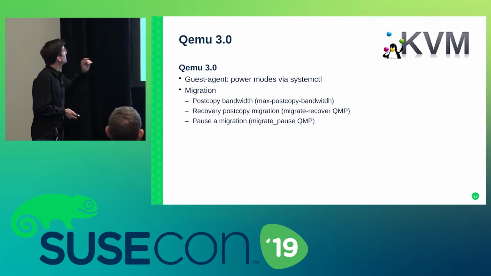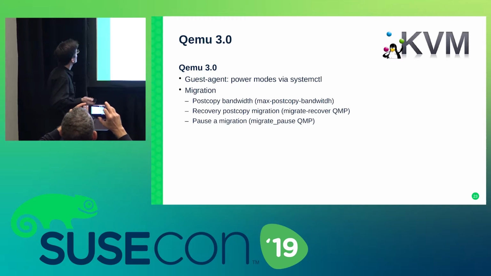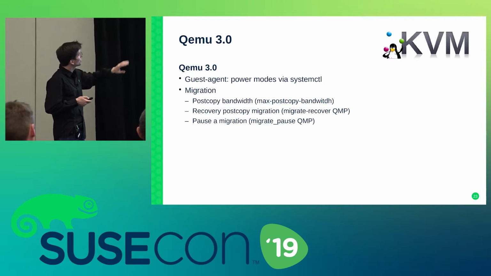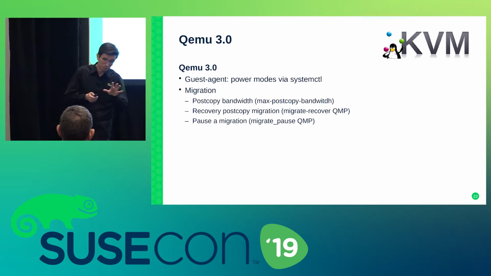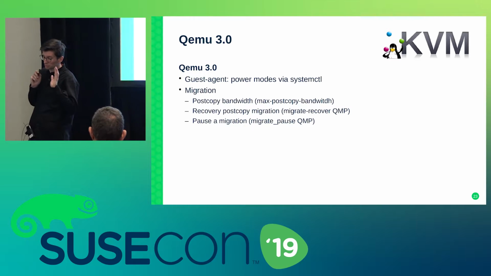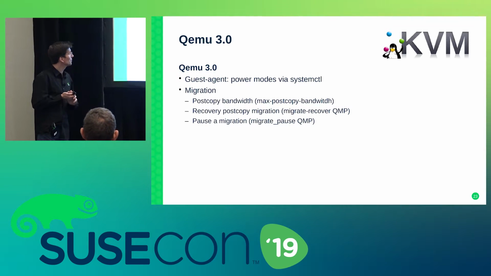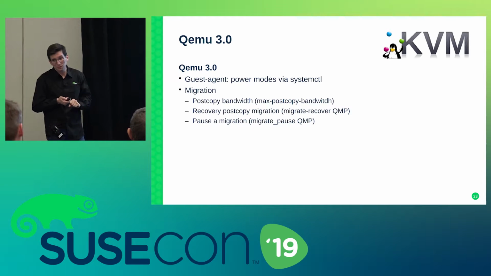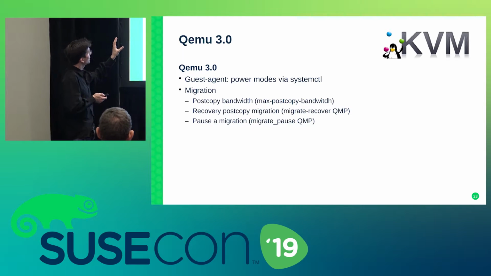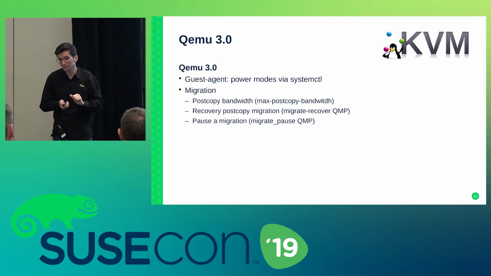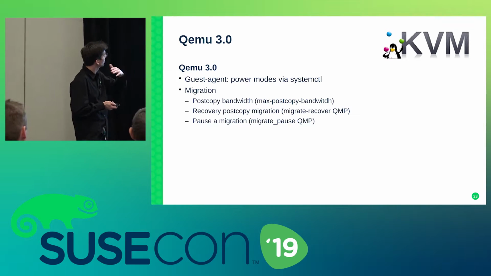Yeah, so I speak a lot about QEMU 3. Currently there is QEMU 4, but in QEMU 3 a lot of progress has been made in migration. Migration is a key point if you would like to keep your infrastructure on and if you are providing services. Now there are some parameters to deal with bandwidth when you are doing a migration from one guest on one host to another one.